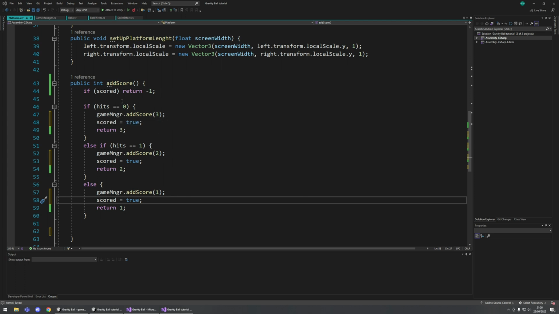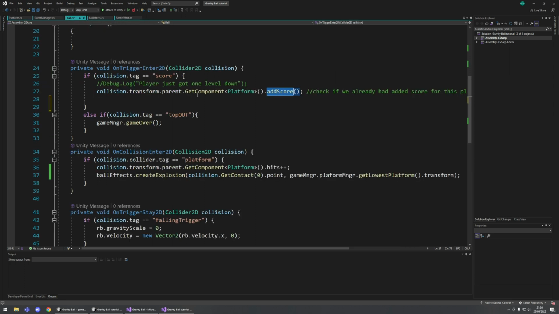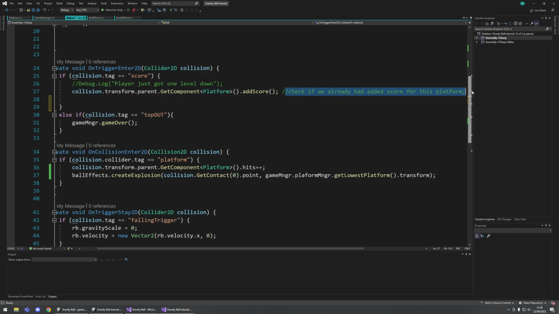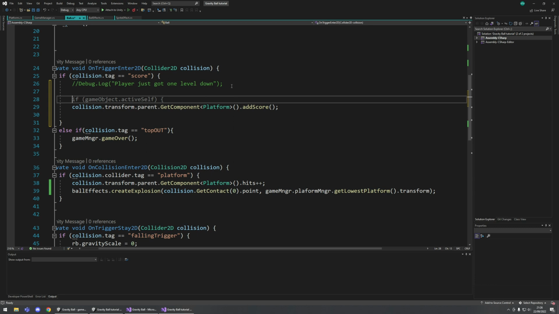So game manager, yeah. So the platform adds the score, tells the game manager to add the score, and then the platform goes back and returns the score to the ball. So now the ball knows how much it's adding. So let's delete the script. This will be a very long one actually. So effect,